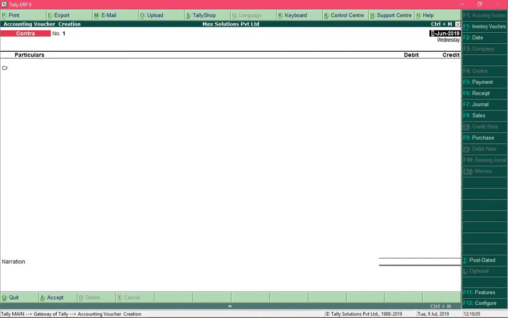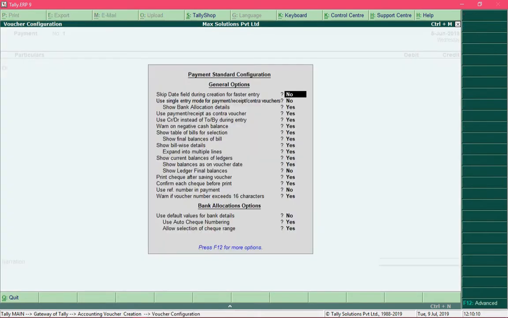Press the F5 key. Over here press the F12 key and enable the option use payment receipt as contra voucher to yes to record bank related entries, and press Ctrl A to save those settings.